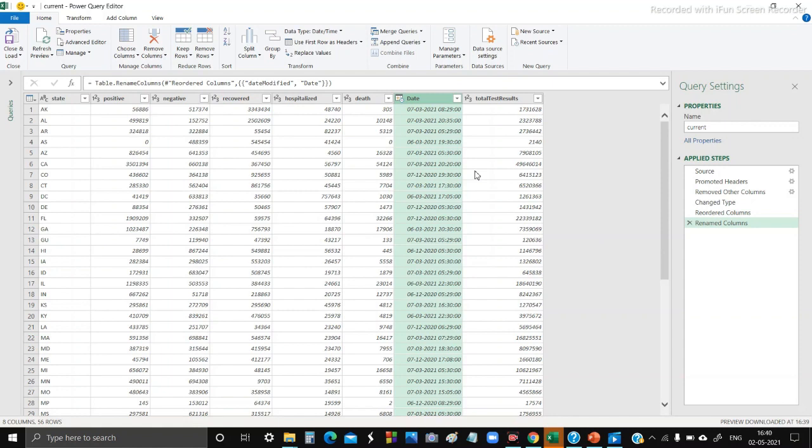Include custom columns to calculate the percentage for some attributes like positive, negative, recovered, hospitalized and death.